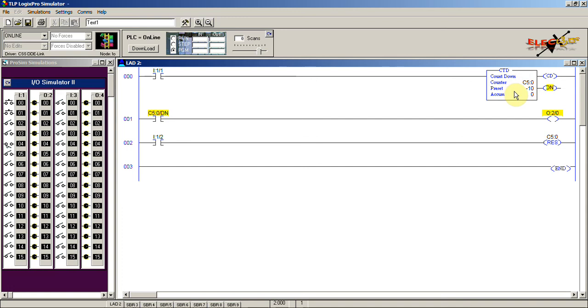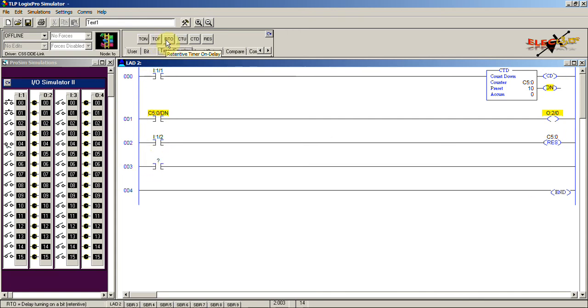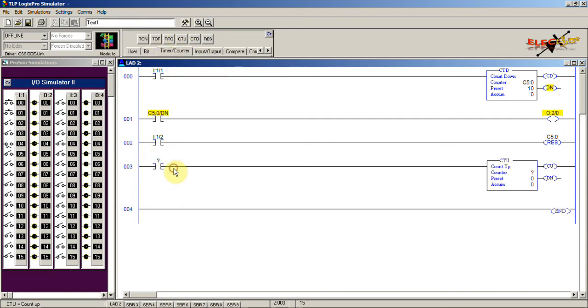Okay, we'll use one up counter and one down counter to do that program. Use this down counter and enter the preset value as 10. That means the parking space is only for 10 vehicles. And then use one more examine if open instruction, and one more up counter instruction here.